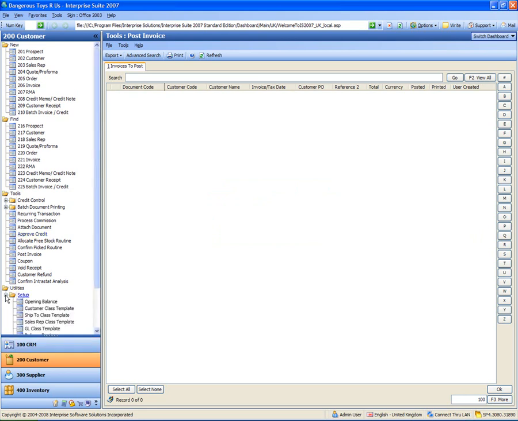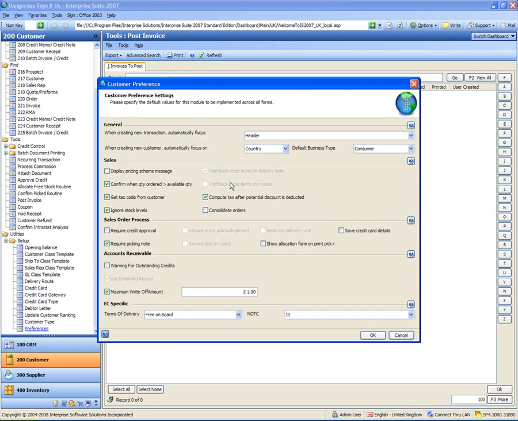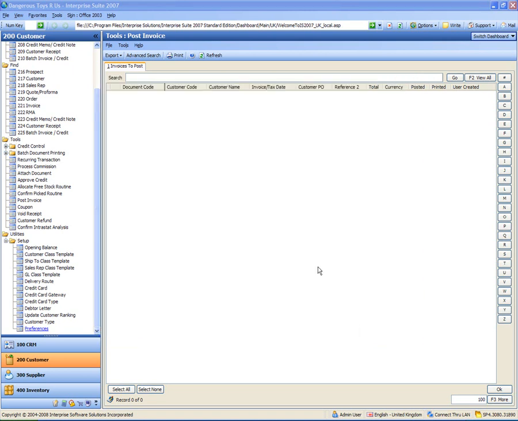I'm now going to go into customer preferences and turn ignore stock levels off. So basically now stock levels will get taken into account when I'm invoicing, so I won't be able to invoice more than I've got, so the stock levels won't go negative, whereas when ignore stock levels was on, I can just invoice whatever I want to invoice with, regardless of what the stock quantity says. So I'll change my stock levels to off, and I'm going to create another sales order